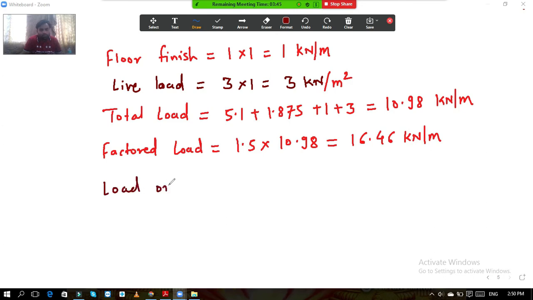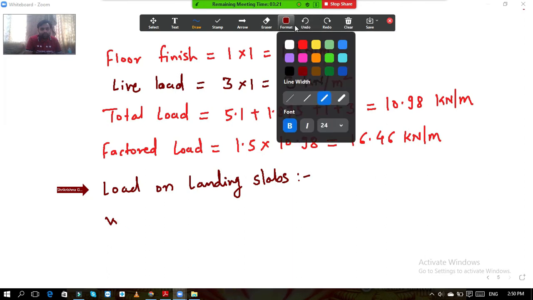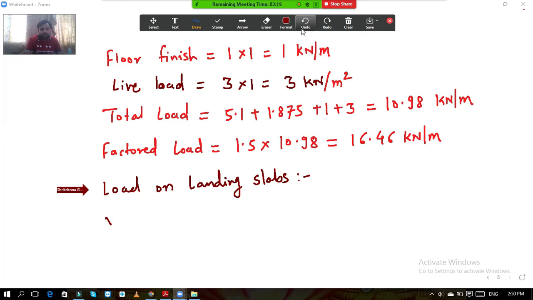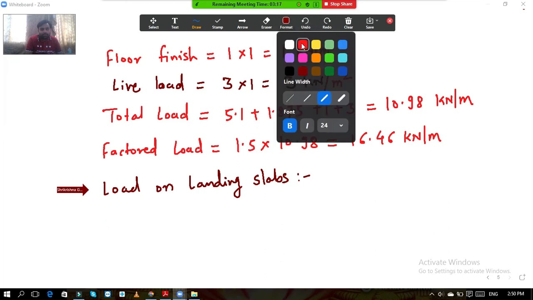So the loads on landing slab. So first load is that weight of slab. First, we will take into account